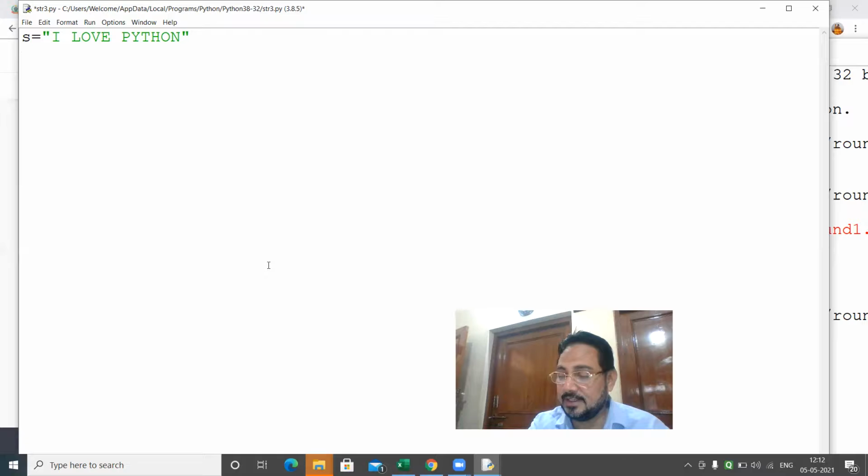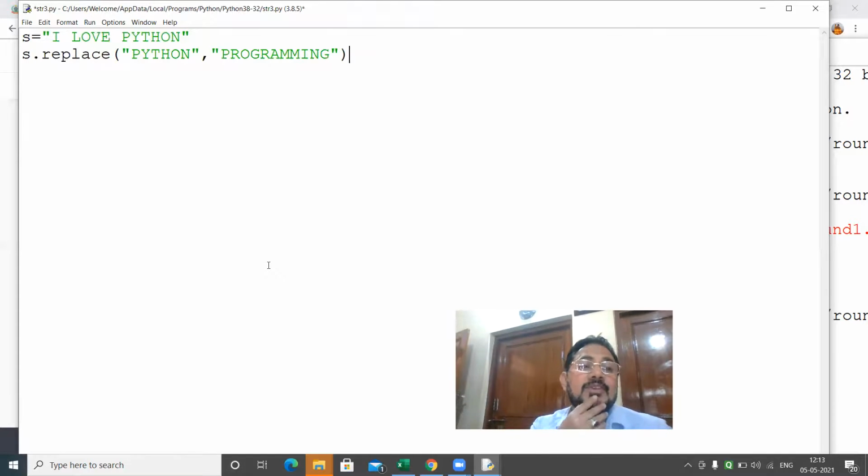And then they are writing here s dot replace. And what word are they using? Instead of Python, they are writing here programming.